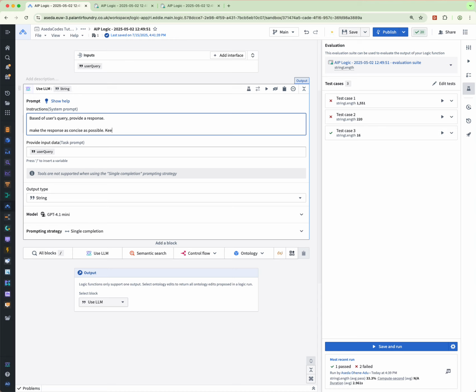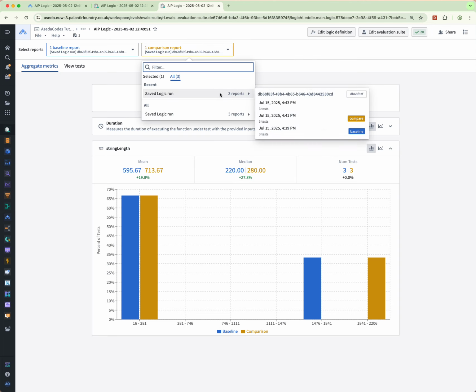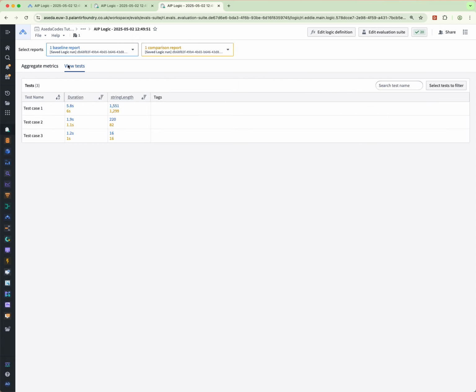Let's say keep it under 1,000 words. I'm going to save and run. Now that's done, I can compare against the most recent one. Once again, there doesn't seem to be much of a difference, right? Okay, well, there is a 21% drop. So we're having the mean around 465, what we can actually do is view the tests,